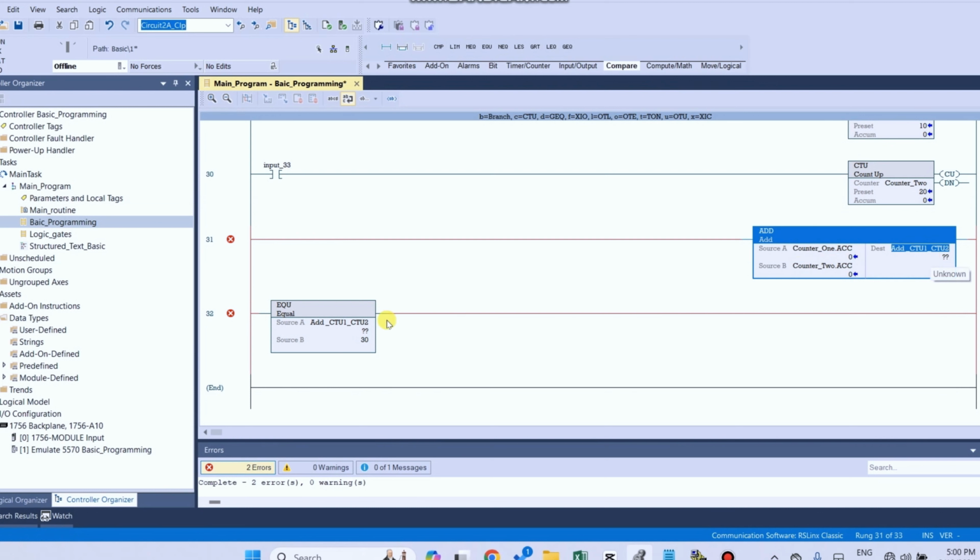And if both counter accumulator values are equal to 30, add, right click, okay.